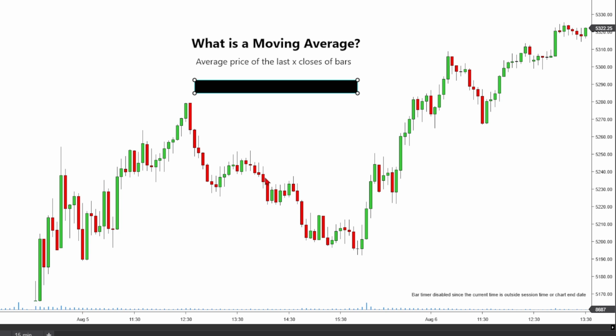What I use is an exponential moving average. An exponential moving average places a higher priority on the later closes. So the final close is more important than the previous close, which is also more important than the close before that. So on all of my moving averages, I use exponential moving averages, which place a higher priority on the later closes. So looking at this chart,